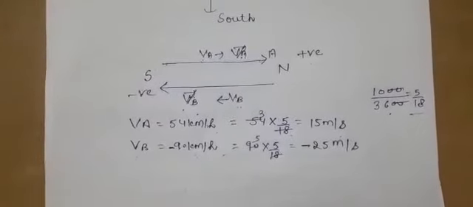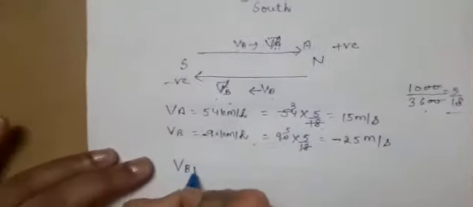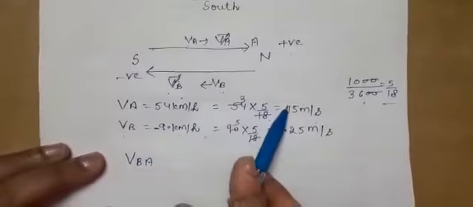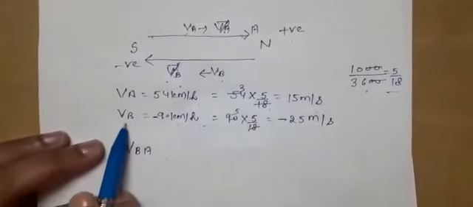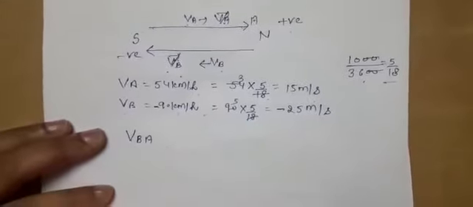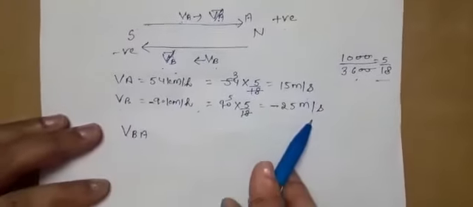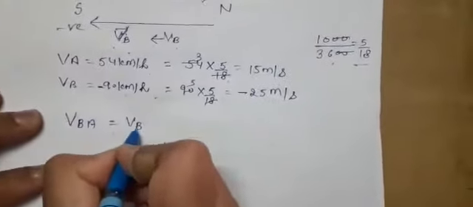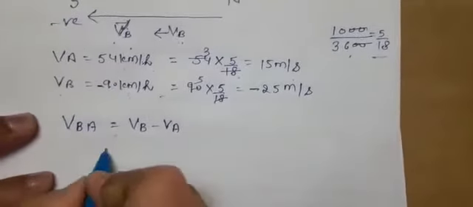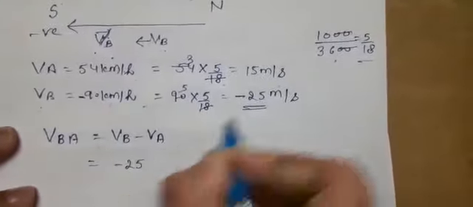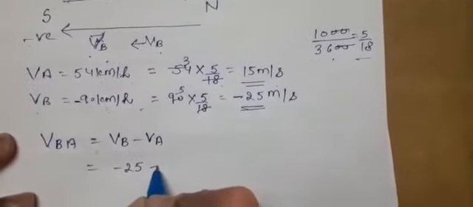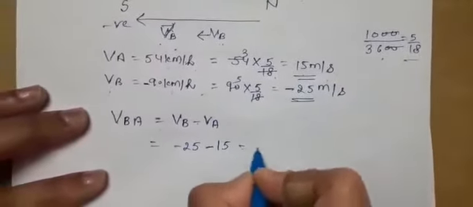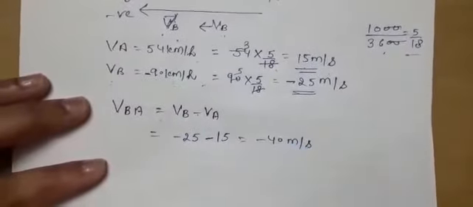Now, as per the statement, what is the relative velocity of B with respect to A? Here, I have taken the direction of A to be positive. If you take the direction of B to be positive, then the reverse will be there. I am going as per the step I have given. I will give the concept in the other manner also. This will be VB minus VA. VB is taken to be minus 25 and VA is taken to be 15. Minus is for this formula and 15 from this. So it will come out to be minus 40 meter per second.